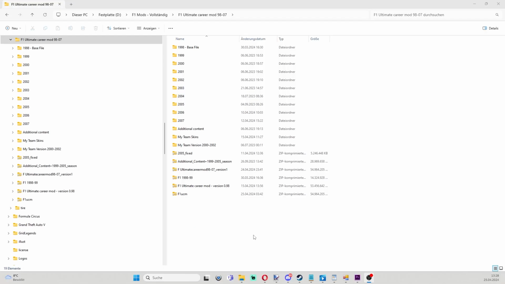How to change to another season. To switch to a different season, you follow a similar process to installing the base file. In the mod folder, the individual seasons are marked with their respective years. Please note that you always start your career in the year 1998 and avoid jumping back and forth between years